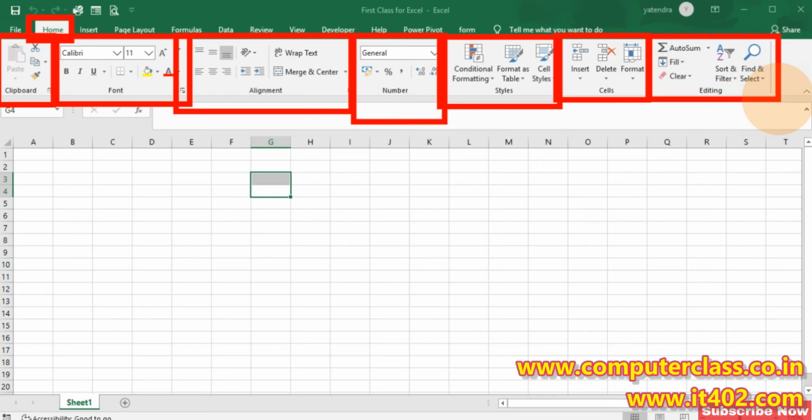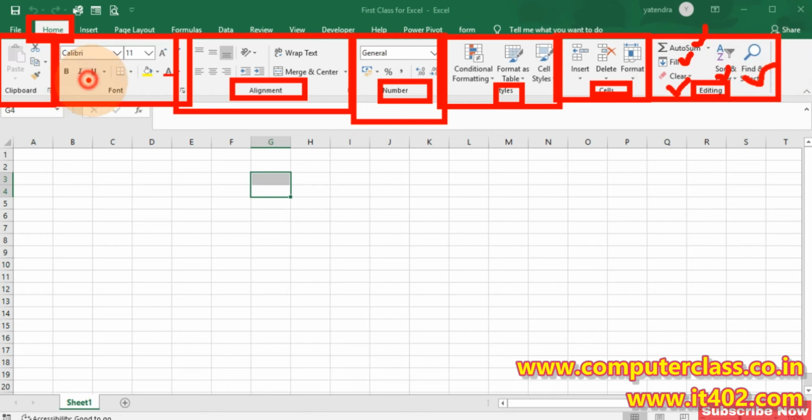To arrange the options, it gives us groups. With the help of groups we can easily remember the options. Here we can identify the group names: alignment, number, style, cells, editing. If I talk about the last group, it is editing, and inside editing there are AutoSum, Fill, Clear, Sort and Filter, and Find and Select options. So we can easily understand with the help of groups.